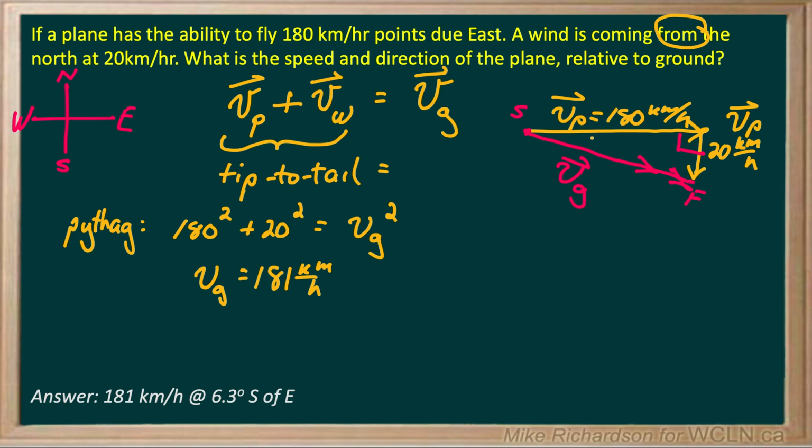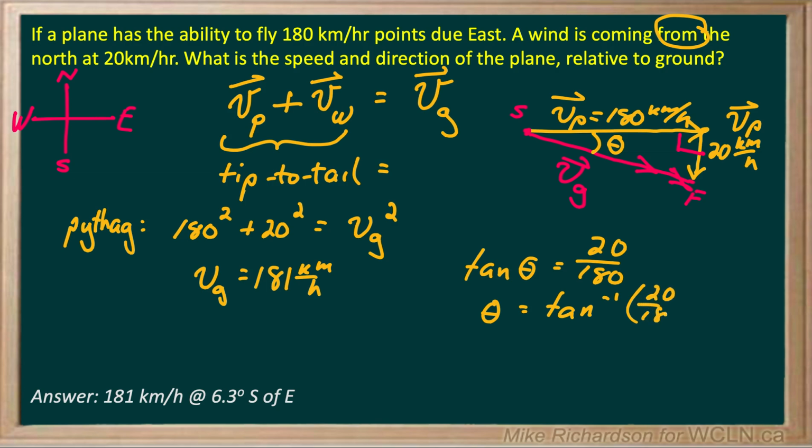And what about the direction? Let's see if we can figure out what this little angle is here. Now I know 20 and I know 180 for sure, so let's stick with those numbers. Let's not use the 181 because we had to calculate it. 20 is opposite to my angle that I'm looking for, and 180 is adjacent. And opposite over adjacent is tangent. So tan theta is opposite over adjacent, but in order to solve for the angle, I've got to take the inverse tangent, tan inverse of 20 over 180. And when I place that into my calculator, as long as I'm in degree mode, I end up getting 6.3